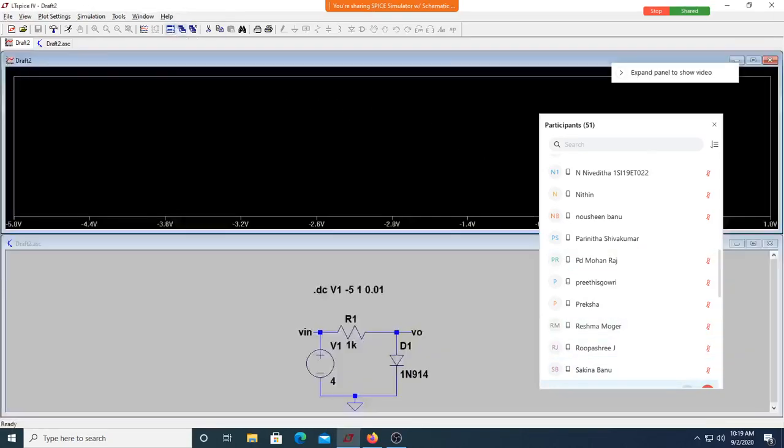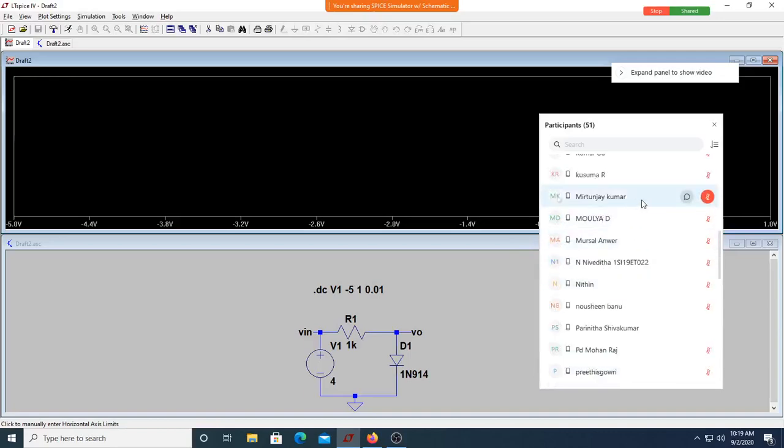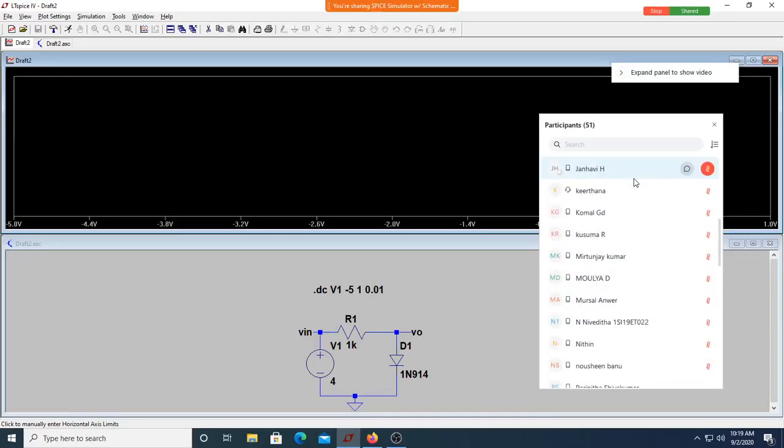Meaning, irrespective of the voltage that you are specifying here for the source, it will be overwritten by this particular command. So whatever you write in this command, that will be taken for simulation, not this voltage. But in the earlier cases, when it was .tran or .op, it was considering this voltage. Is that clear to all of you? Jhannavi. Yes, sir. What did I say now? What is the significance of this 4 volts now? Does it have any significance or not?